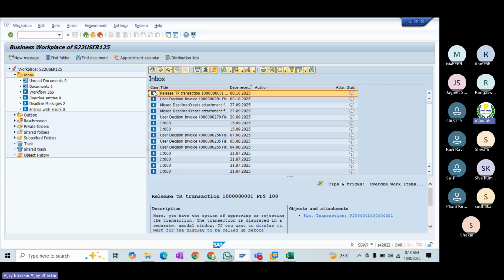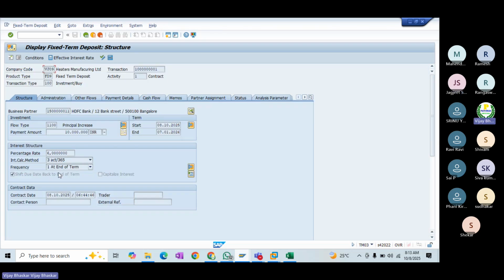See now, you can see that straightforward. Just let me open this deal. Let me double click it. You can see that it is redirecting to the deal which I have created now. As of now, you can see that there are two ways in order to approve the deal. Just for your information. Okay.